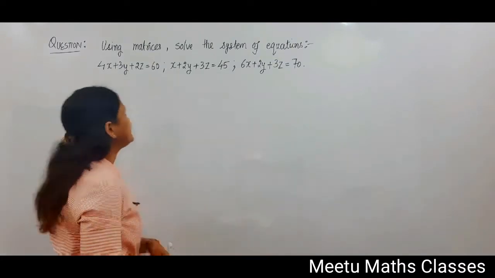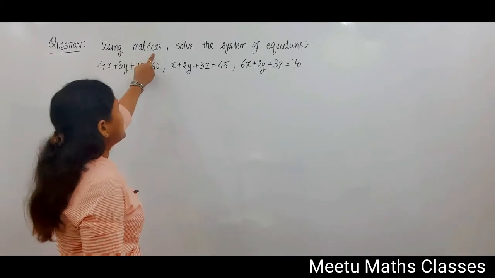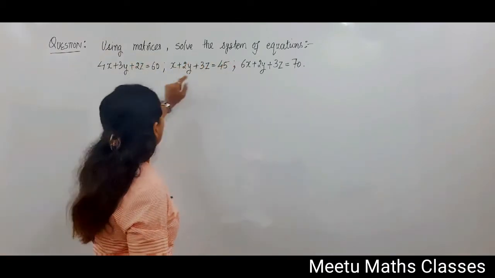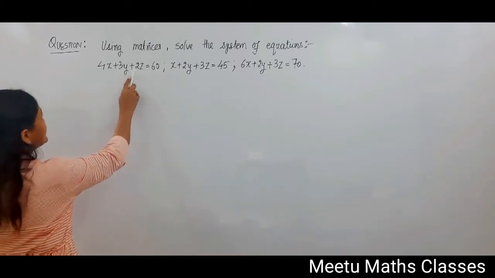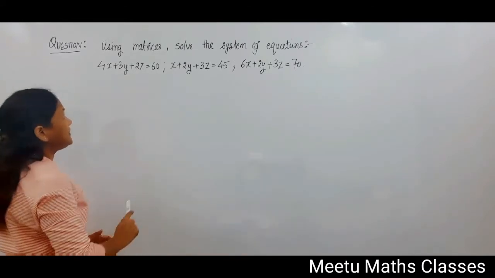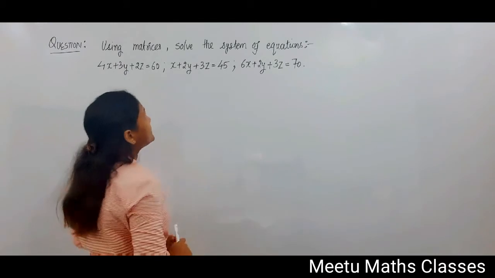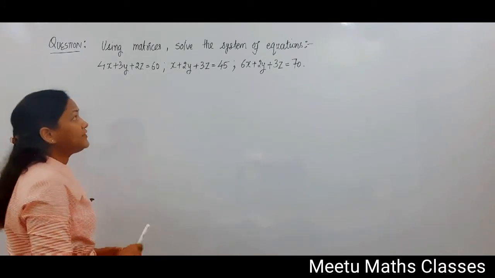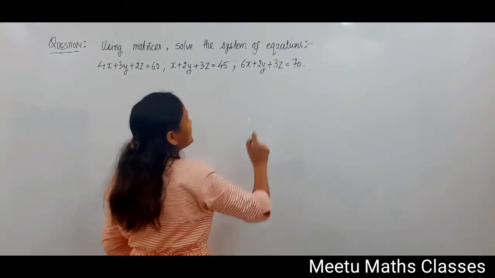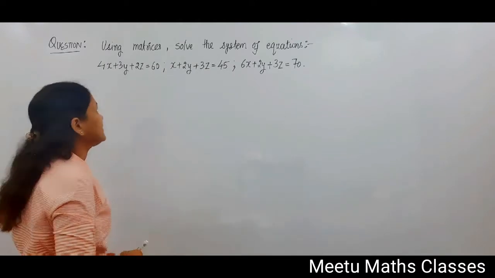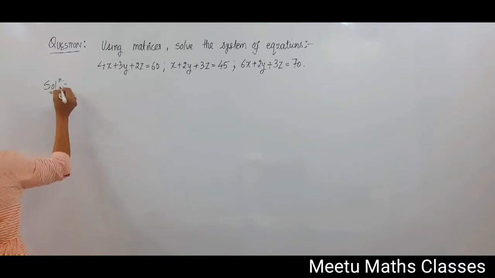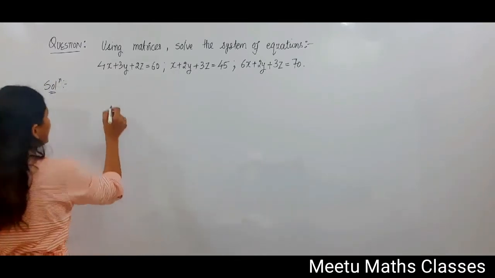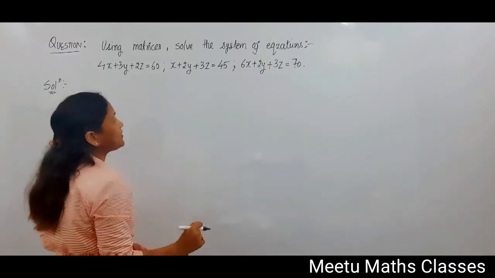Your question is, using matrices solve the system of equations, and your equations are 4x plus 3y plus 2z is equal to 60, x plus 2y plus 3z is equal to 45, and 6x plus 2y plus 3z is equal to 70. Now, to solve this system of equations using the matrix method, we are going to first rewrite our equations